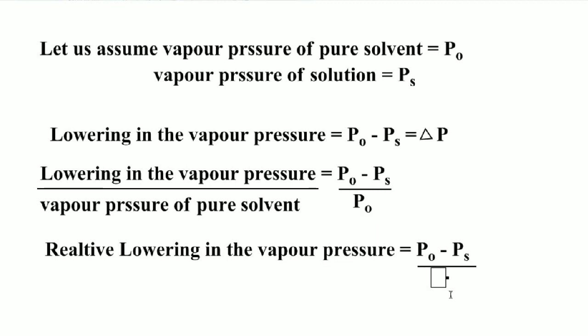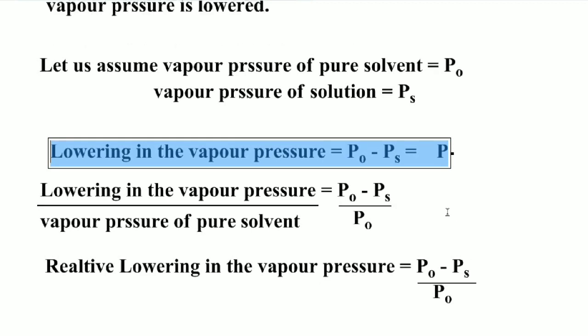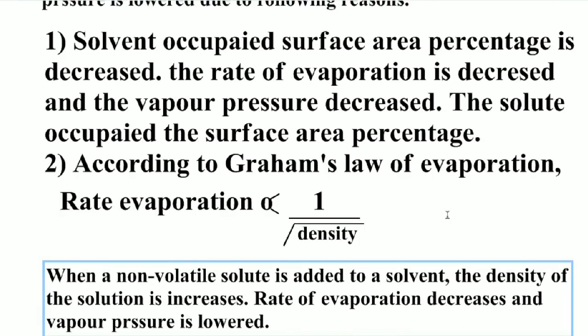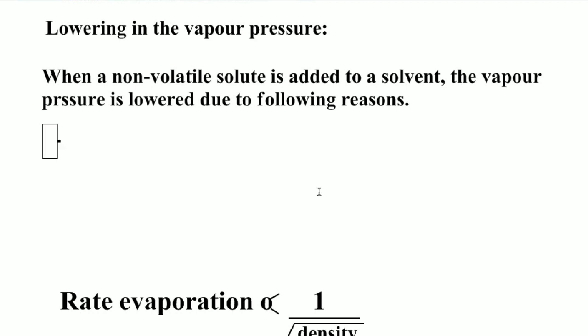(P naught minus Ps) by P naught is known as the relative lowering in the vapor pressure. Lowering in the vapor pressure means P naught minus Ps, the difference between the vapor pressure of pure solvent and the vapor pressure of solution. So students, based on this, the scientist Raoult made a series of experiments